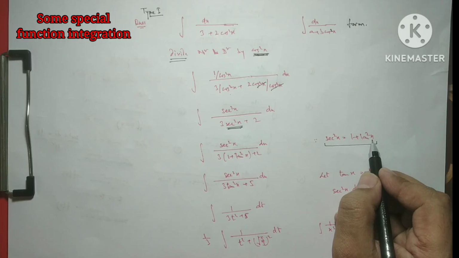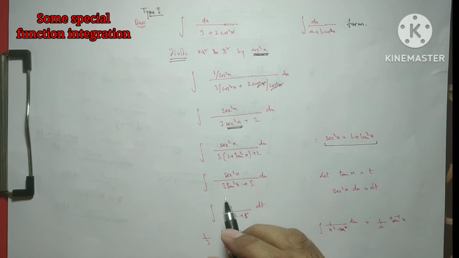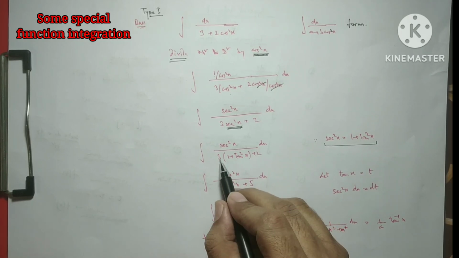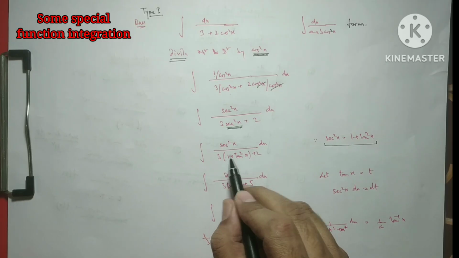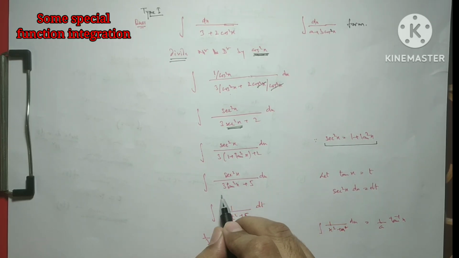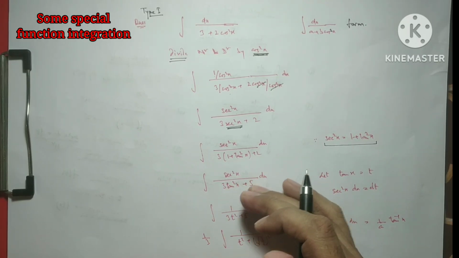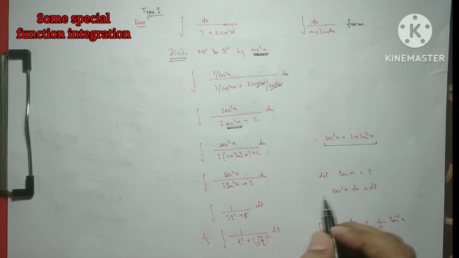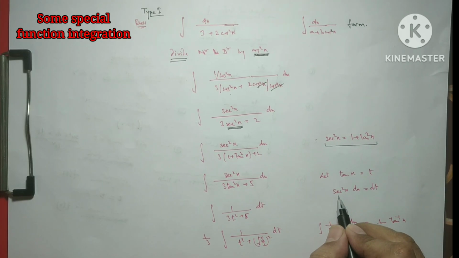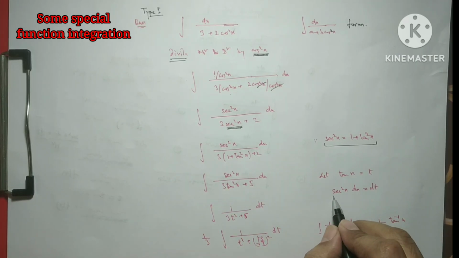This is 1 plus tan square x. So we substitute this 1 plus tan square x. Now we will multiply. We get 3 plus 3 tan square x plus 2. So 3 tan square x and this 3 plus 2 becomes 5. So our denominator right now is in terms of tan and numerator in sec square x. And after this conversion we substitute tan x as t. So let tan x be t, and on differentiation we get sec square x dx as dt. So the numerator is obtained as dt.